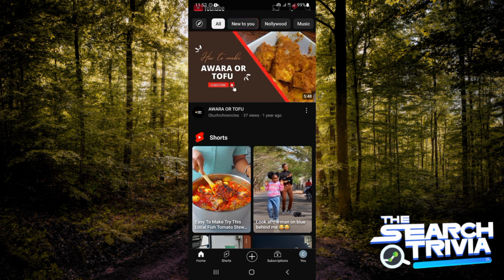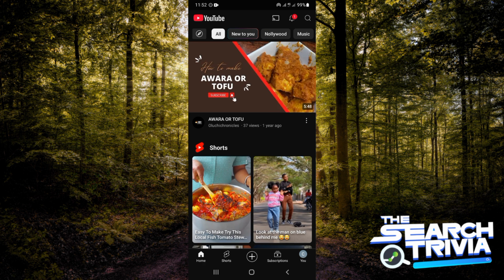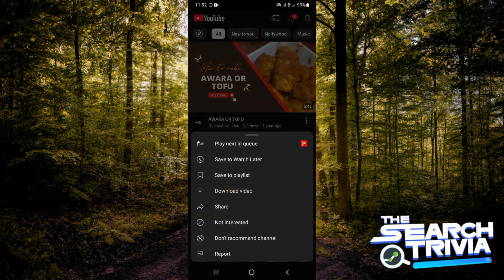Now, the first thing is to get a video from that channel. Either you go on and you search for their page, or you can just go with a recommended video from that page. Now for me, I'm going to be going with a recommended video. I'm going to be clicking on the three dots on that video, and then you are going to be tapping on not interested. Guys, you're going to tap on not interested,